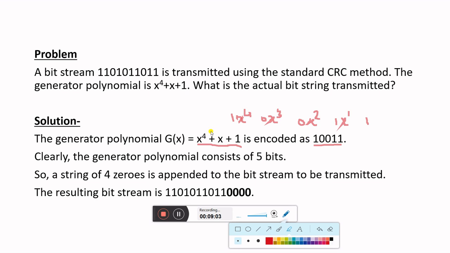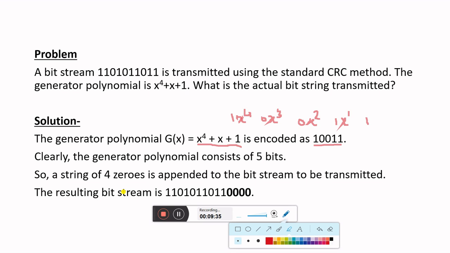So in this way, with the help of any generator polynomial, we can encode it in the form of 0 and 1s. So we have a divisor. Clearly the generator polynomial consists of 5 bits in this way. So a string of 4 zeros is appended to the bit stream to be transmitted,